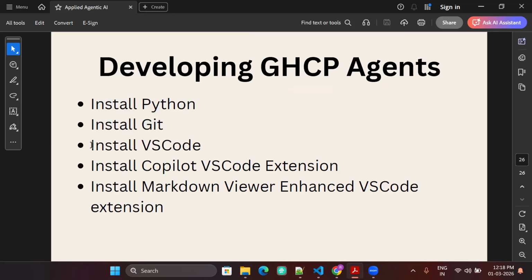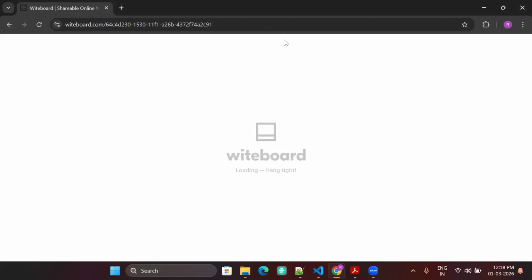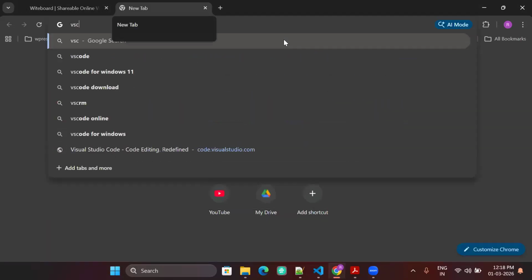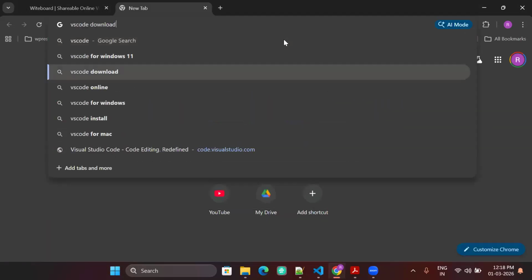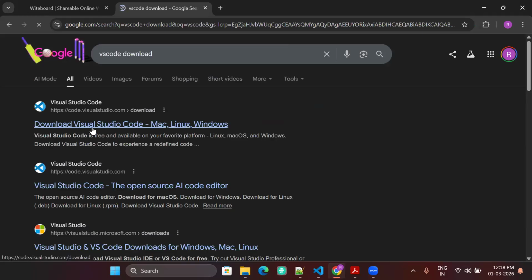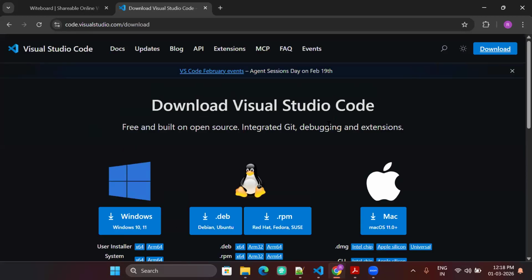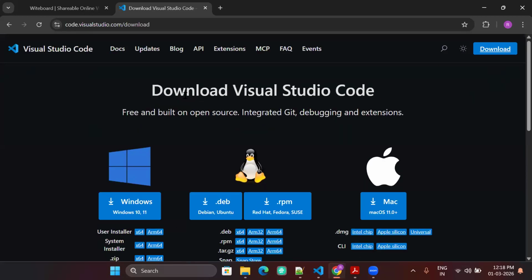What you need is to install VS Code. So you have to install the VS Code editor, and you can go to the internet and type VS Code download. It's easy to download from the internet, but when you are part of an organization, depending upon what software you use, there's a software central team where approved software is provided, or a company portal.